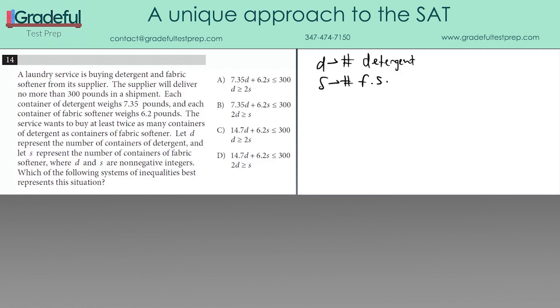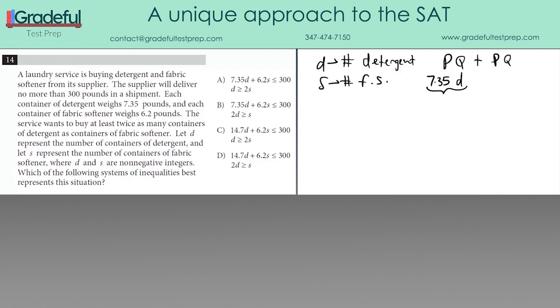So doing the easier equation first, we have our price times quantity statement. Now, price times quantity statements are a nice classic thing that we see in a lot of word problems, and the way it looks is like this. If the detergent is 7.35 pounds, then you have 7.35, which I'm calling the price, it's the number that goes along with each of the items, multiplied by D, for the number. So you got the price times the quantity, and that little expression there represents the total number